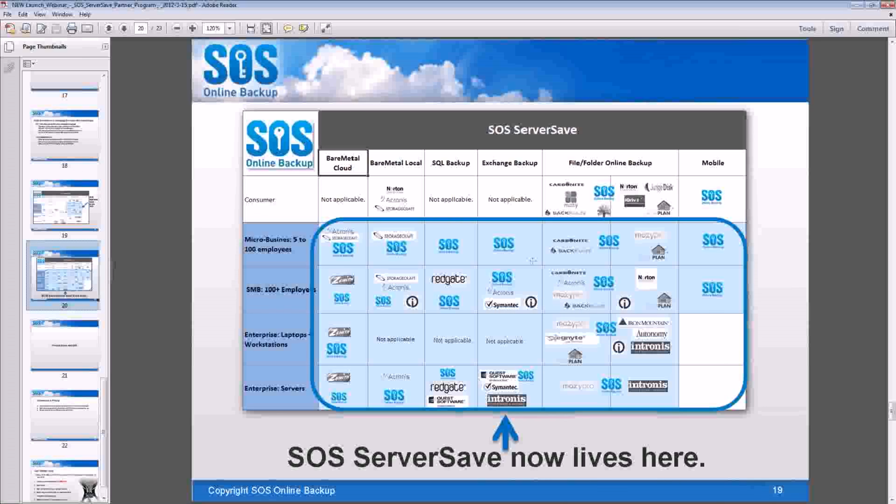But also just check anybody else you're looking at and see if they do have functionality in all these categories. Can they do Exchange backup, SQL backup, local bare metal backup to the cloud? And do they have offerings that allow you to sell to micro businesses as well as to enterprises? So we use this ourselves internally to keep ourselves honest and keep looking at who we are competing with and who we are trying to beat in the market. I think it's a really useful reference point for our customers and our existing partners.